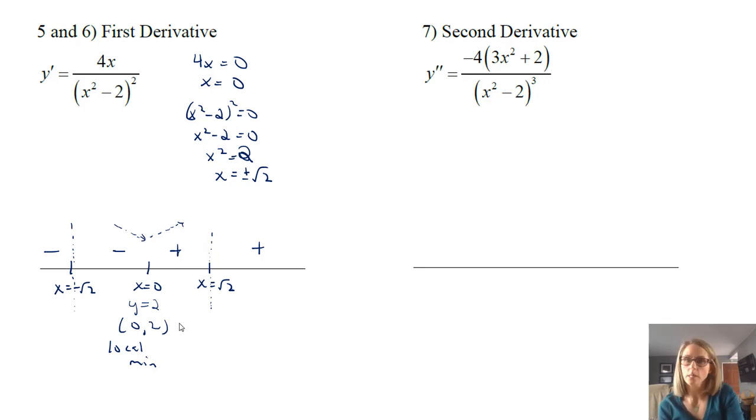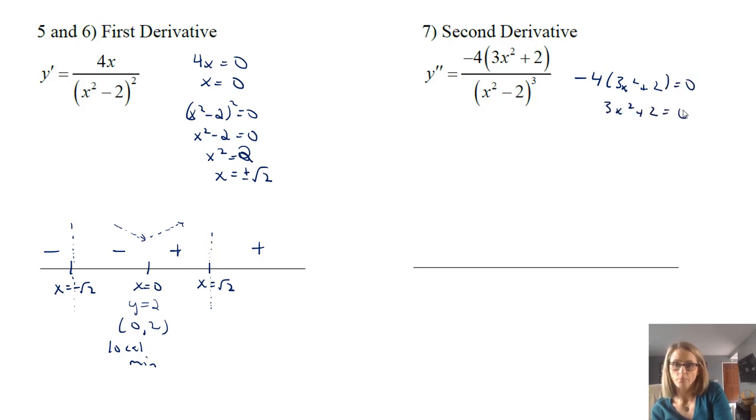And what you can see with this is that if we were to think about when what we have could be equal to 0, it would be the same thing. We'd set the numerator equal to 0, but that's the same as finding out when this is equal to 0. And you can go as far as you want in this, but it's pretty clear to see that it's not going to be possible. You're not going to be able to have x squared equaling a negative 2 over 3 with a real number. And so what that tells us is simply that there's no place where the derivative is equal to 0.